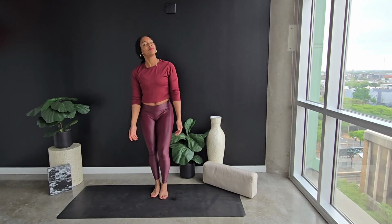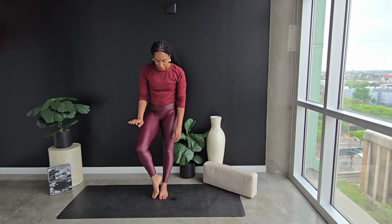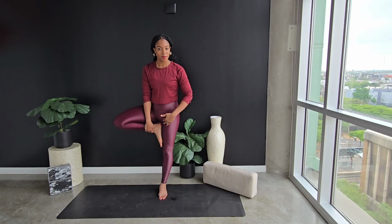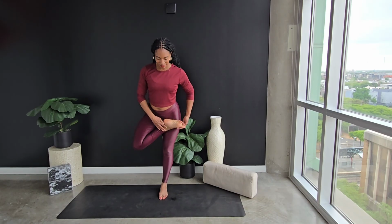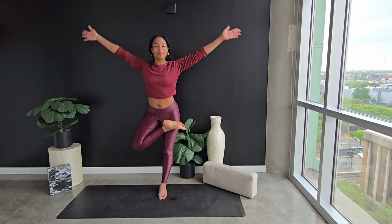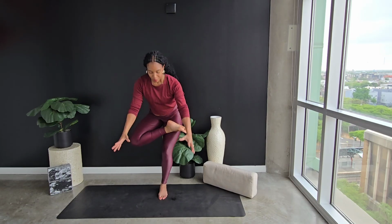Changing it up, we're going to now work on tree pose. This variation will then lead us into toe stand. So to begin, bring your right heel to the top of your left hip. Traditionally in tree, your heel would go to the inside of your ankle, calf, or inner thigh. But in order to move into the advanced variation of toe stand, you will then have to slowly bend your